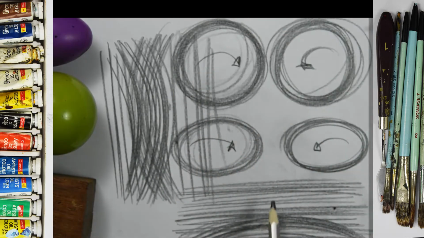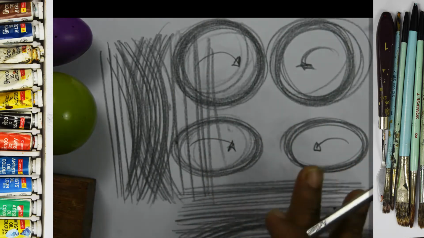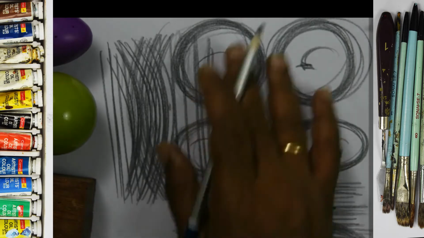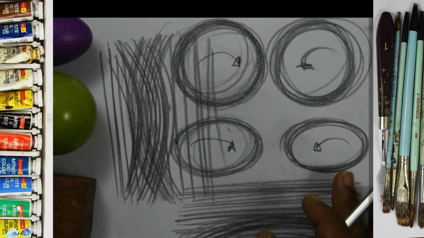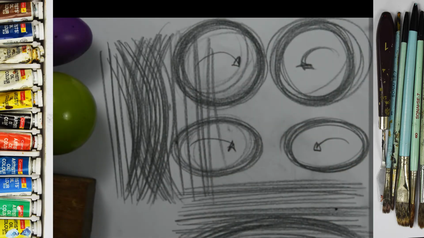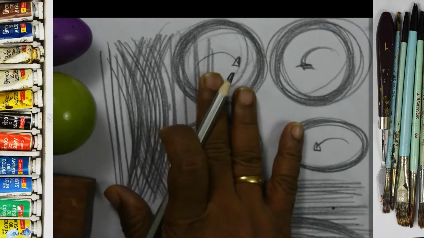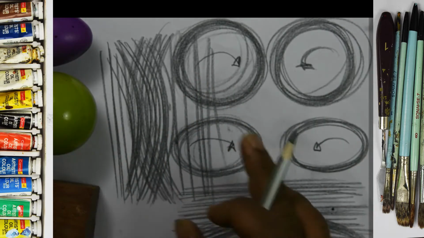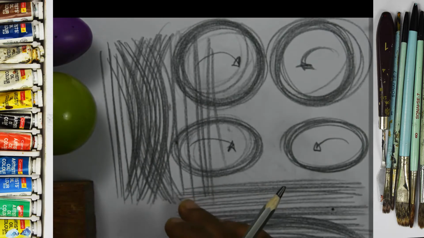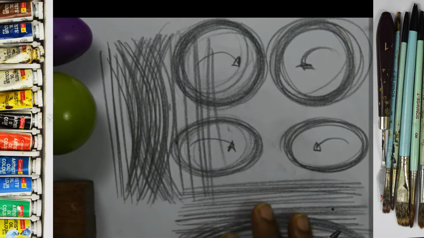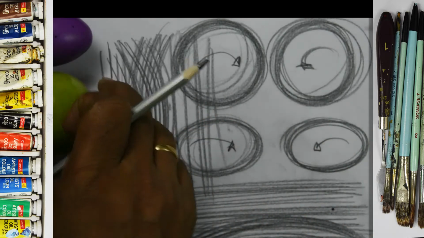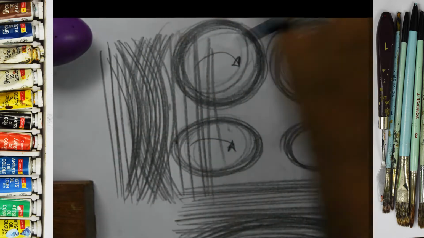If you practice these four very nicely every day, I will tell you what help you get. When you finish, you just show me. You tell me, sir, done. You can show me and I can continue, okay. Fine. So now the next.